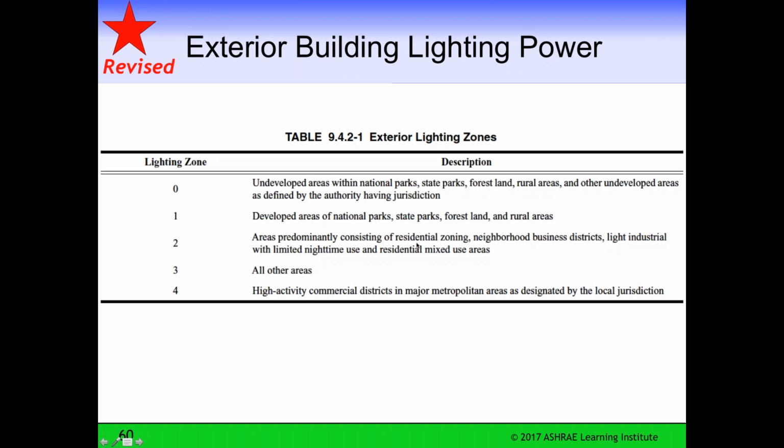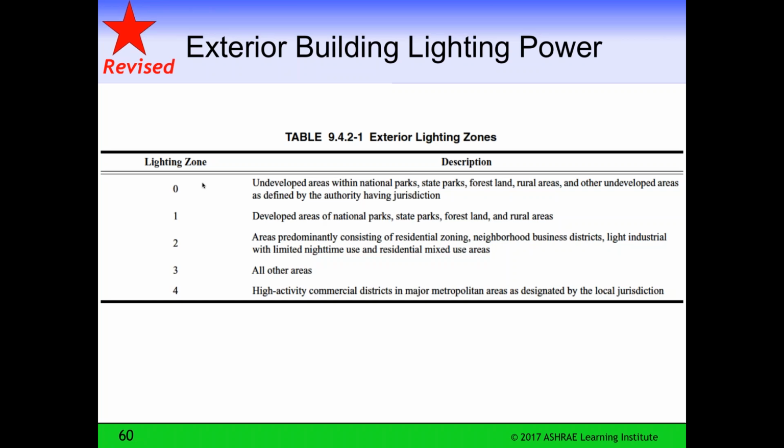You have residential zoning, neighborhood business districts, all other urban areas essentially. And then high activity commercial districts would be downtown Dallas, downtown San Francisco, downtown Chicago, or Manhattan would be lighting zone 4. But in undeveloped areas of national parks, this would be Yosemite or Yellowstone or equivalent areas, there's no outdoor lighting allowed.